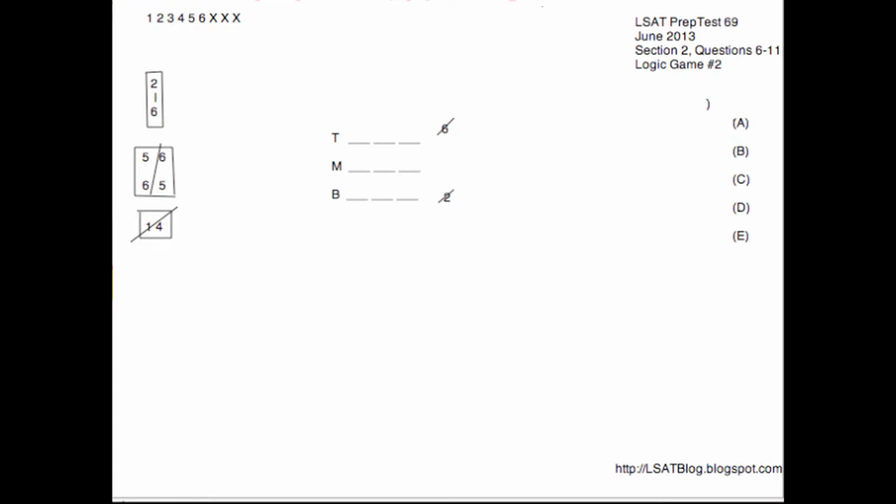Hey guys, this is the second logic game from the June 2013 LSAT PrepTest 69. This is the game involving 6 Petri dishes labeled 1 through 6. Now, this game is not an ordering game. The 6 Petri dishes are actually our variables themselves, and so I listed them at the top left here, 1